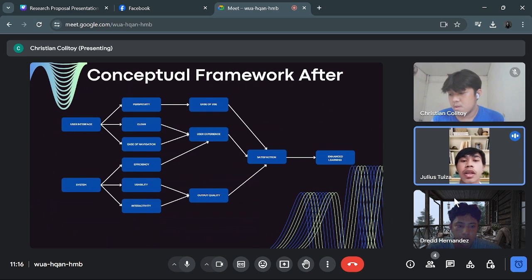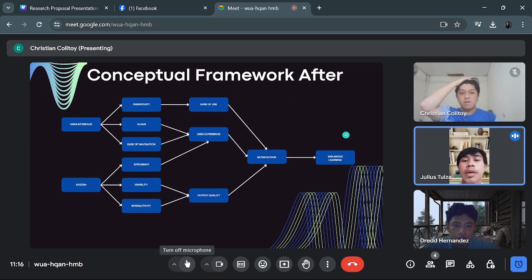In this figure, after we gather information, it illustrates the conceptual framework of our study, which consists of interconnected variables and relationships derived from the model. The framework focuses on examining the factors that influence user satisfaction and enhancement in relation to the user interface, and also the system attributes of the Rev quiz.